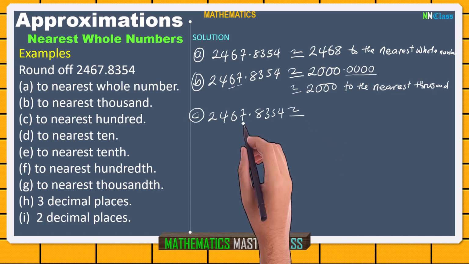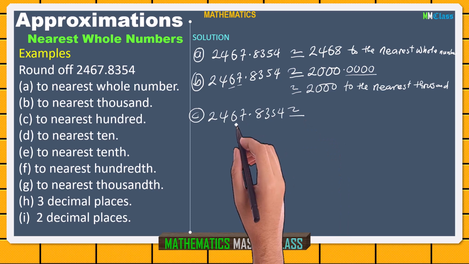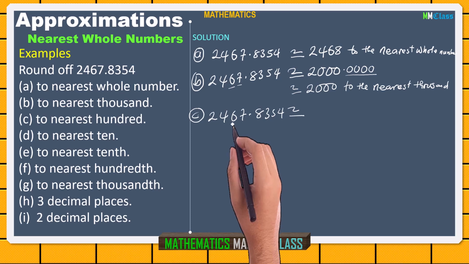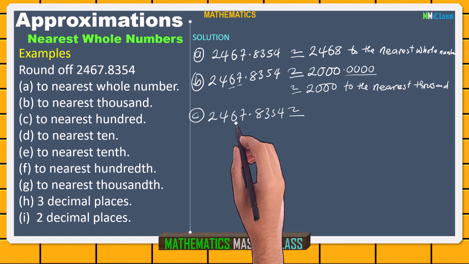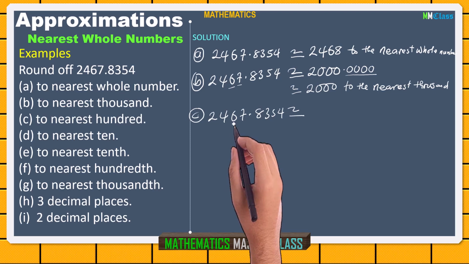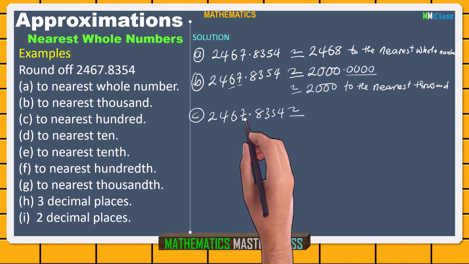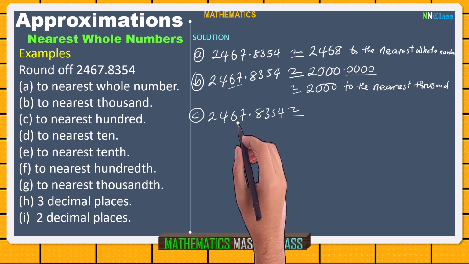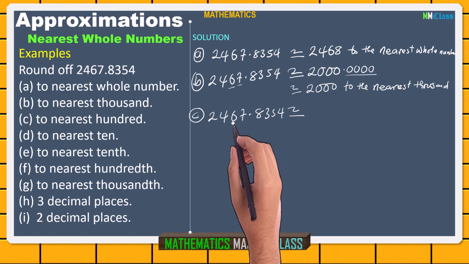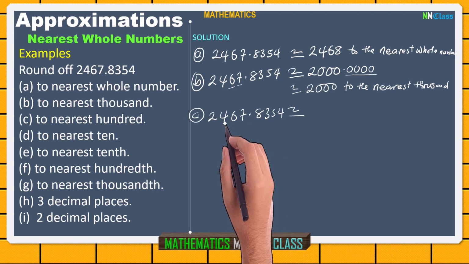So this 7 will become 0, and this 6 will also become 0. But before you turn 6 to 0, you must check if it is a number to round up or a number to round down, because we are treating it before the decimal point. So you now remove 1 from 6 and add it to 4, and you now have